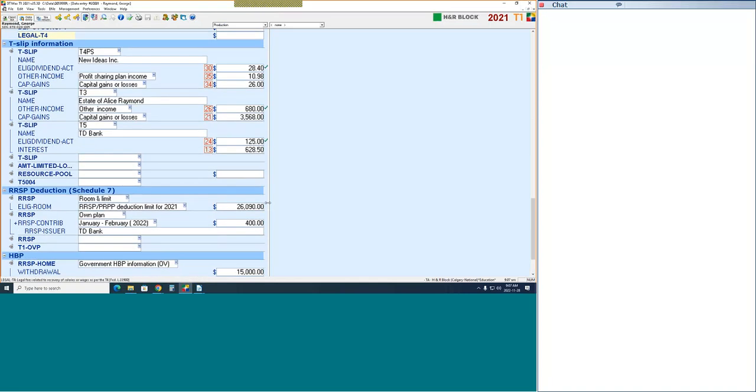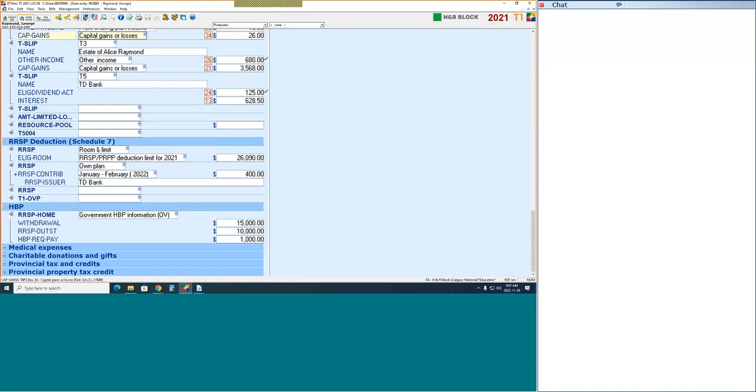For the data entry side of things, we're only going to enter the information that is required. In this case, and again, I'm going to stress this, government HPP information is going to give you the correct data entry so that it will e-file. It will not e-file if you pick anything else. So government HPP information, then withdrawal, outstanding, required repayment. I don't need to designate a $400 repayment. The computer will do that for me. The computer will know that it can't designate more than that because we've only entered one receipt. So from a data entry perspective, it matches what I've done on the tax return, but it's done in